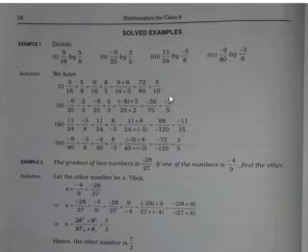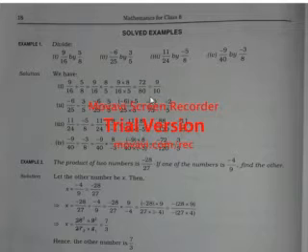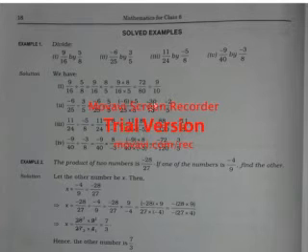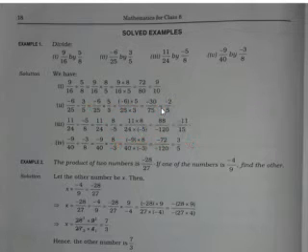Or as you can see, after multiplication also it can be reduced. You can reduce by a small prime number, or directly by the highest common factor of these two, that is how much? 15. Here you can see with 15 it has been reduced directly. You can reduce directly, or you can reduce it with small numbers. So with 15, 15 2 is 30 and 15 5 is 75. So minus 2 by 5. It is not that you can reduce it only by 15. You can even reduce it once by 3, then by 5. That also you can do.